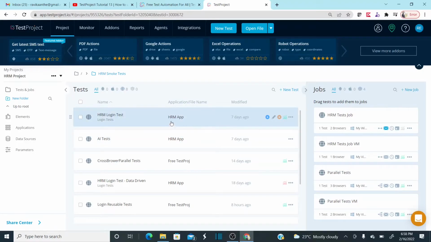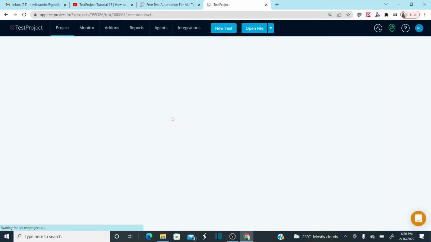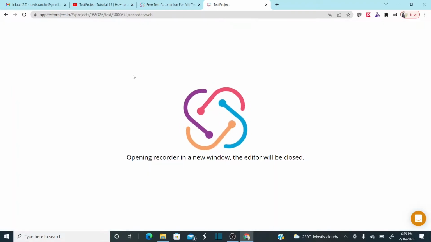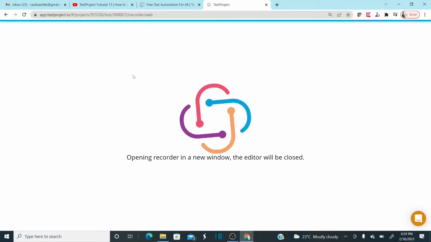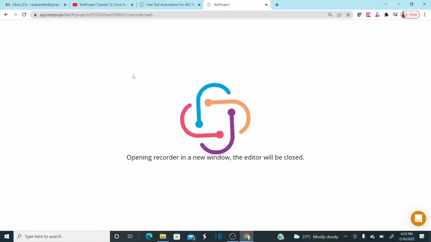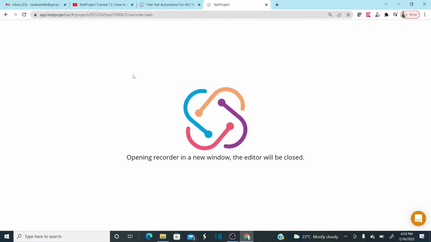If you remember, we already automated the OrangeHRM portal login functionality, right? So let me open this login functionality. Let me click on record so that it opens the website, and I can show you one scenario where we can use the Adaptive Wait. It's opening the website,